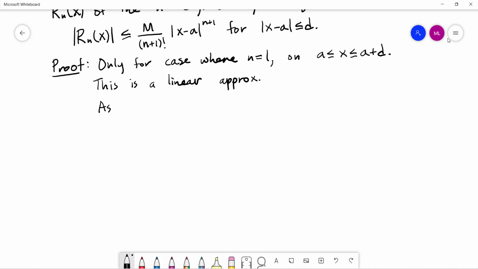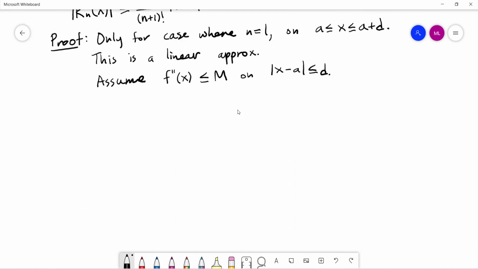Okay, so what we're going to do is say that on this interval, we are going to assume that our n plus 1th derivative, so when n is 1, the n plus 1 means we're talking about the second derivative, so f double prime of x is less than m on that same interval. So we've got a bound on what this derivative is. What that means is if I were to integrate both sides of this inequality, and I guess I should say less than or equal to, that's what our theorem technically said. So if I integrated both sides of this,